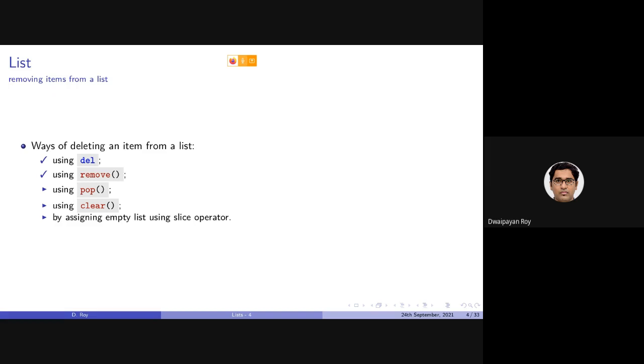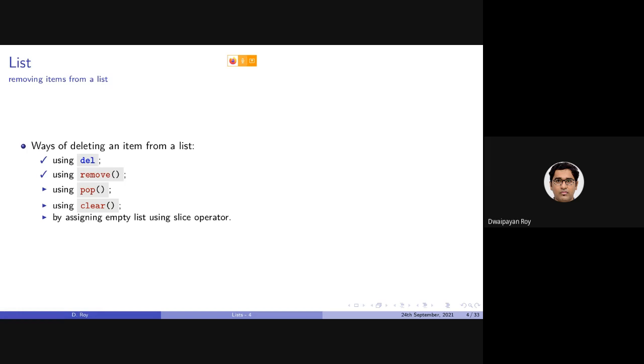We also concluded our discussion in the last class with the discussion on remove. With remove, we have looked at the ways we can use the list function remove to remove items which are in the list. We have also seen that when the item that we want to delete does not exist in the list, remove returns an error, which I specified as an exception. We will be discussing how to handle those exceptions in the latter part of the course.